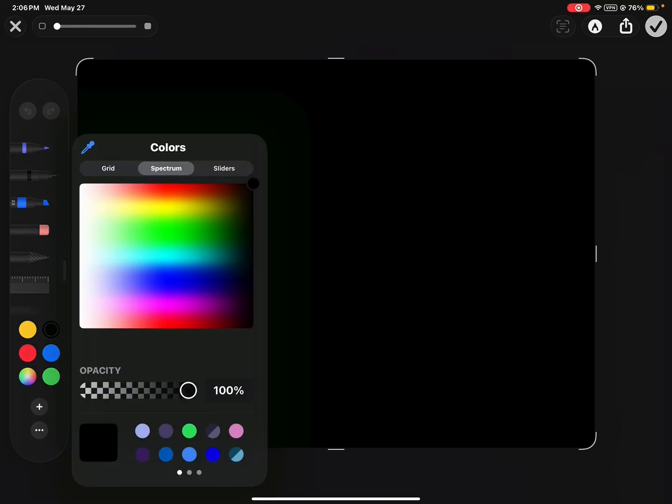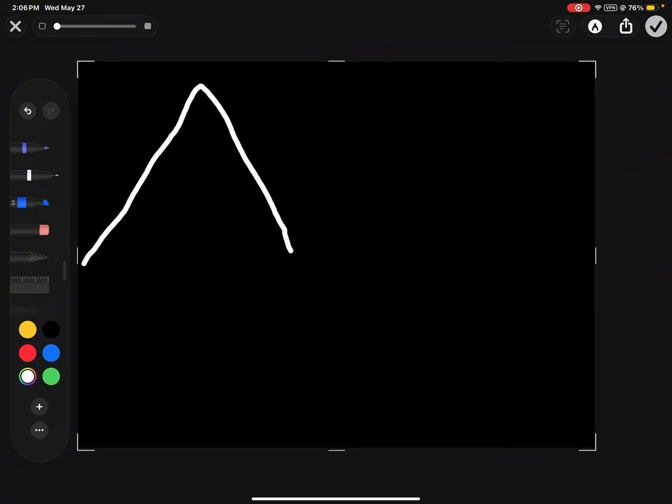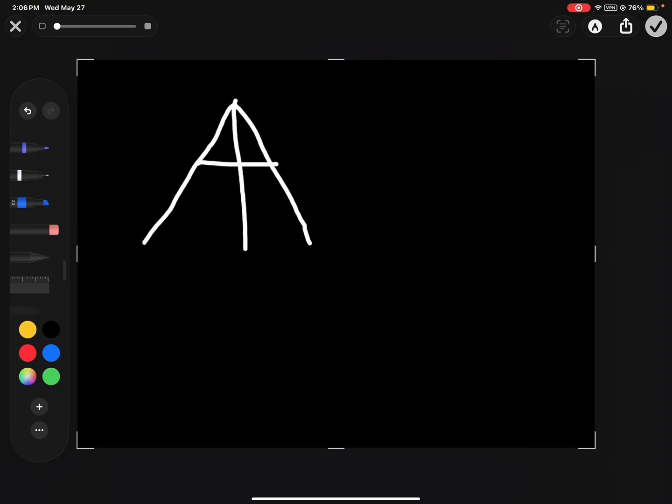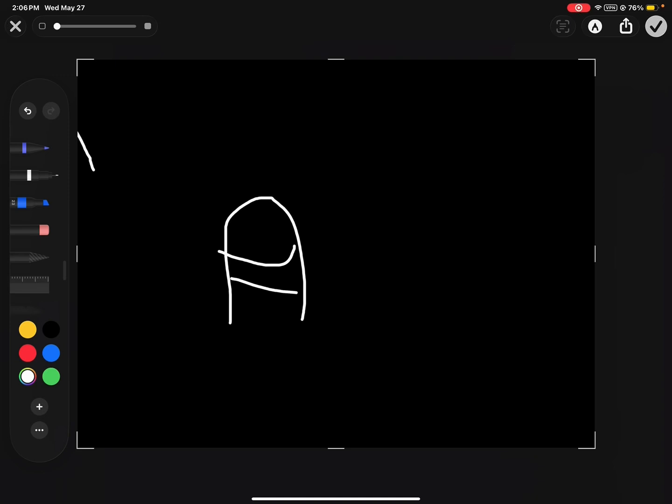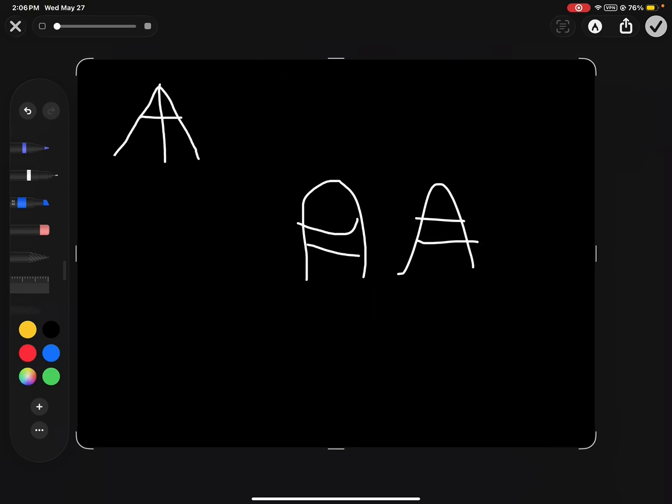So for A, I wanted to do this. Nope. Like that, and then a vertical line in the middle. So yeah, some YouTubers do it like this, or like this, but no, I just put a vertical line directly through the thingy. And then